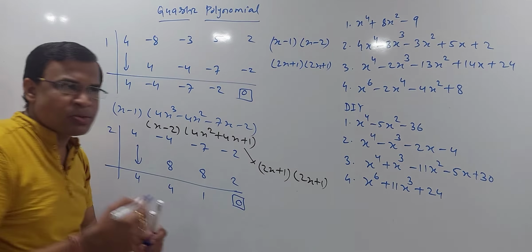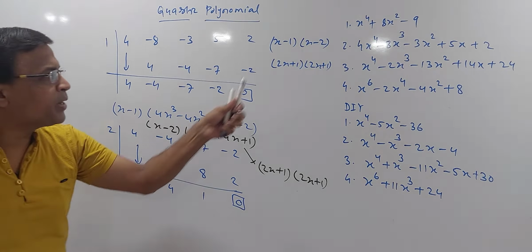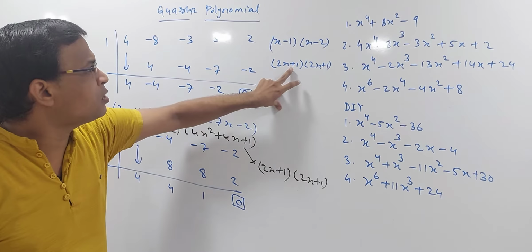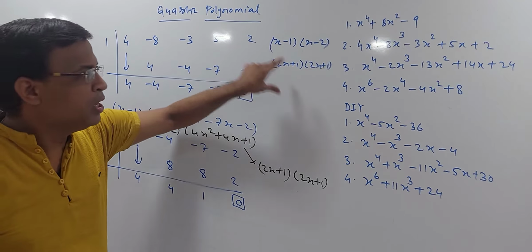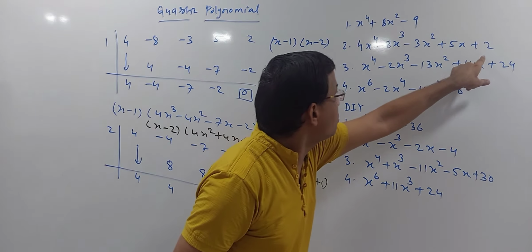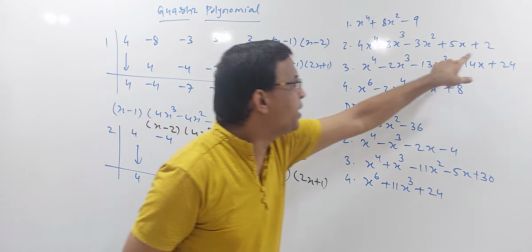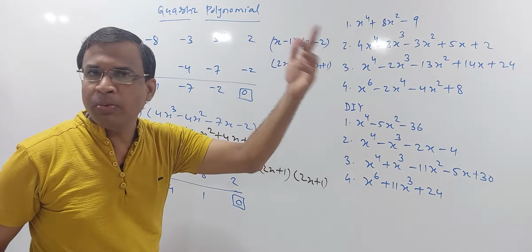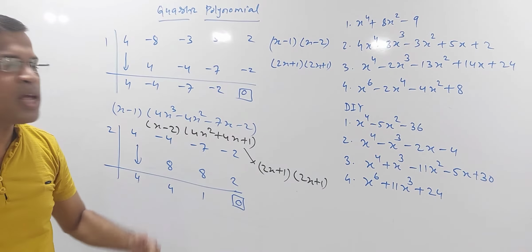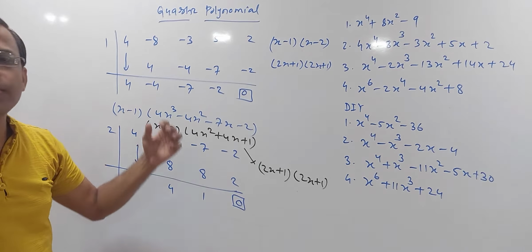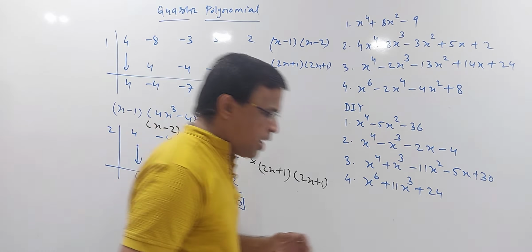And see, as per the Descartes rule of sign, we are getting 2 positive roots and 2 negative roots. And one more point here, the root is minus 1 by 2. And when you go with 2 by 4, that is the rational root theorem, you will get 1 by 2. So instead of trying different numbers, above half, above minus half, this is a very easy method, an easy approach to get the answer. I hope this is fine.